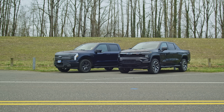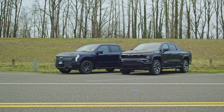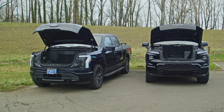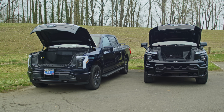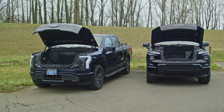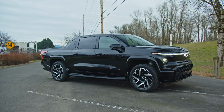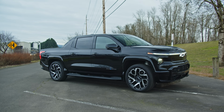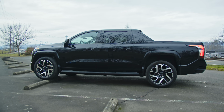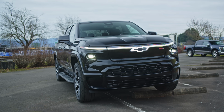Getting hold of a work truck variant of the Silverado EV is difficult. Getting hold of the F150 Lightning Pro, which is the work truck version of the F150 Lightning, is difficult. And as the vehicle has aged, which models you can buy has actually been reduced if you are what they call a retail customer, like you're a regular person wanting to buy it. And you can only buy certain things if you have a fleet. So Ford, for example, and I believe this is a really ridiculous, pointless move on Ford's part, Ford has stopped selling